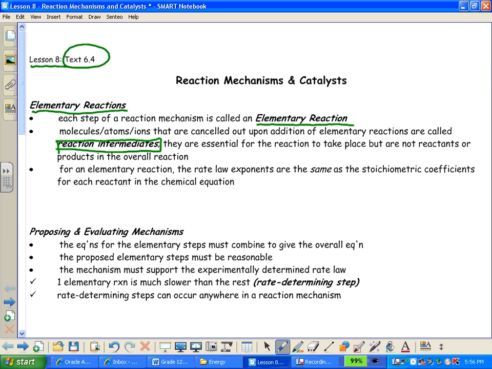For an elementary reaction, the rate law exponents are the same as the stoichiometric coefficients. So before, when we were looking at rate laws, remember that the rate law exponents m and n, we found them experimentally. We had to do a little work for it. In this case, when we look at elementary reactions, the rate law exponents are the same as the stoichiometric coefficients, right? So if I have, for example, this,